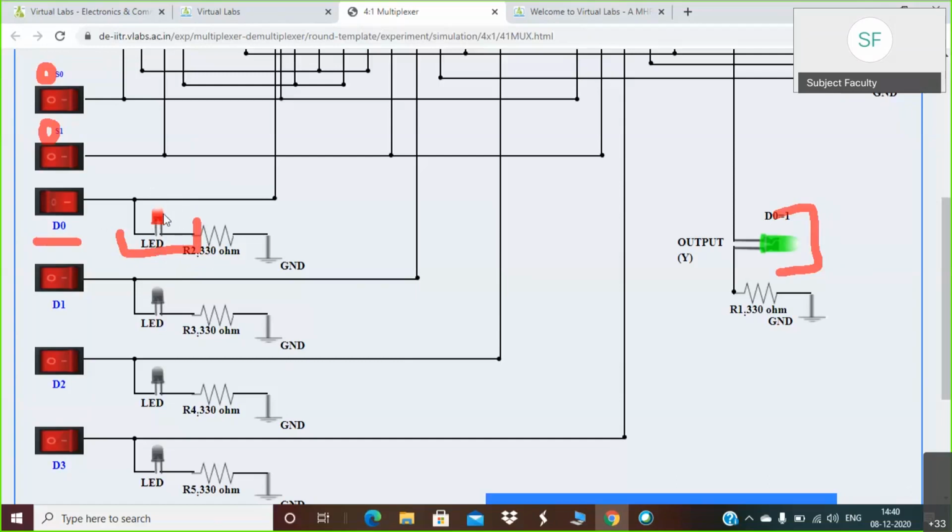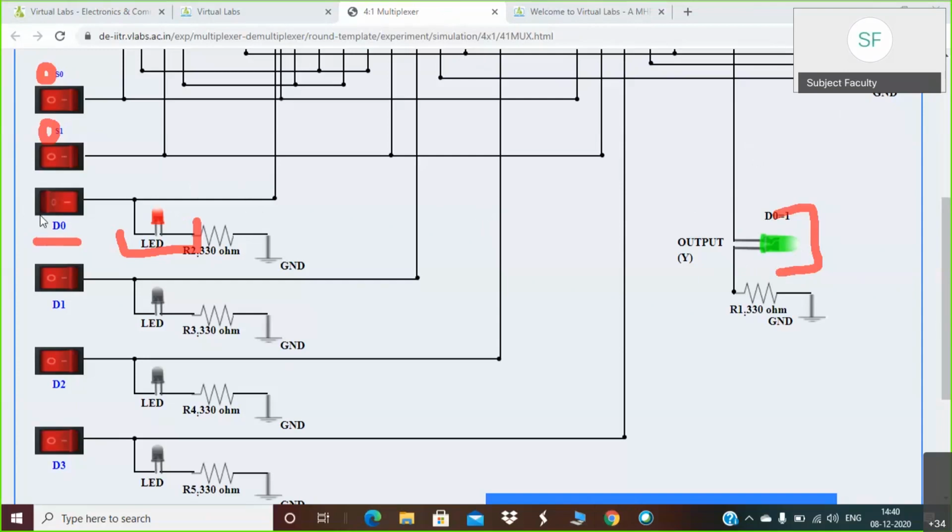I hope it is visible to you. Similarly, the output LED also glows. So both LEDs have now become on. Is the color of the LEDs visible? Just let me know. Yes, sir. Okay.